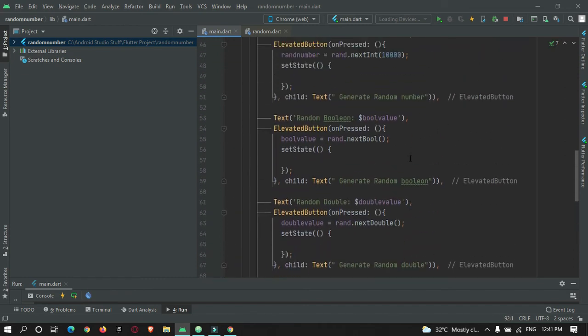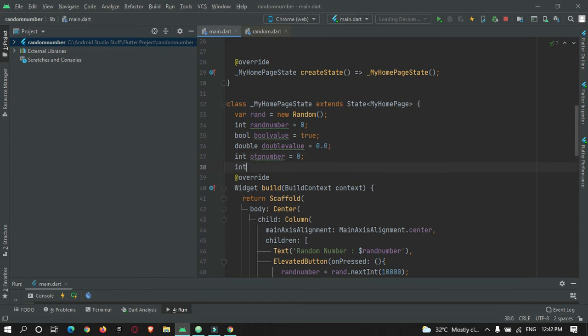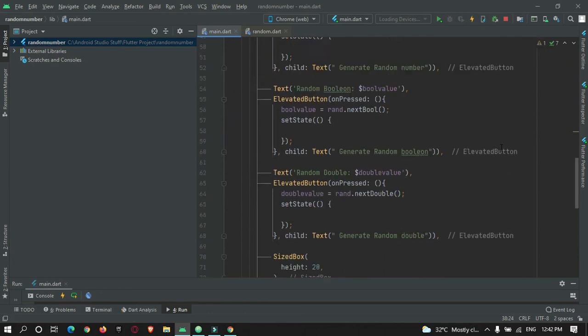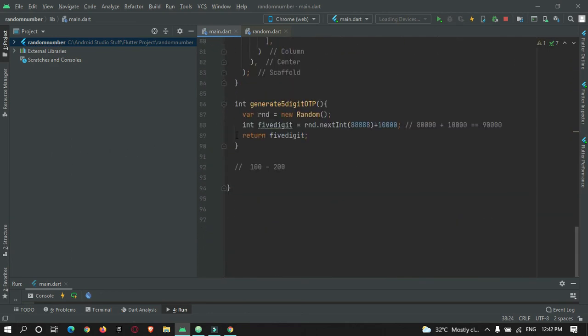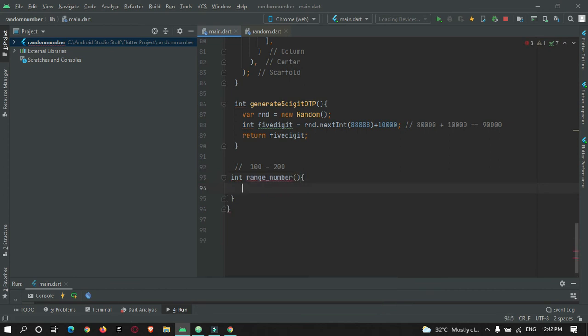So let's do it. Here I will create a variable to hold it. int rangeNumber. I will set it to 0. And now let's create a method over here. int rangeNumber. Here you need to pass the range you want to generate.